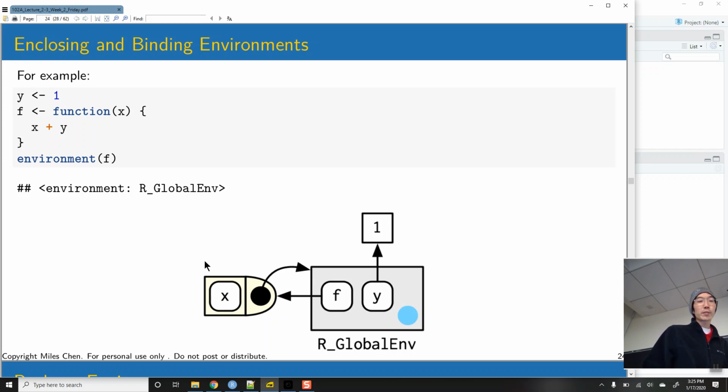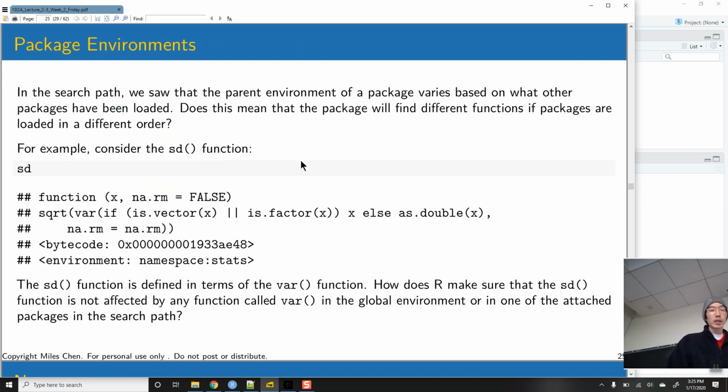And then we created a function, okay? Because this function is created in the global environment, its enclosing environment is the global environment. And because I'm binding this function to the name f, the binding environment is also the global environment, okay? When you ask for the environment, this will give you the enclosing environment. That's kind of where it lives, right? All right, so where does this make a difference? This makes a difference when you're dealing with packages and stuff, okay? So for example,